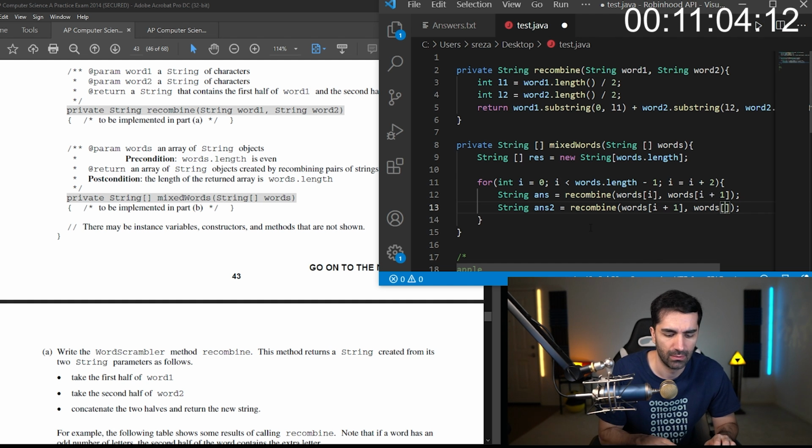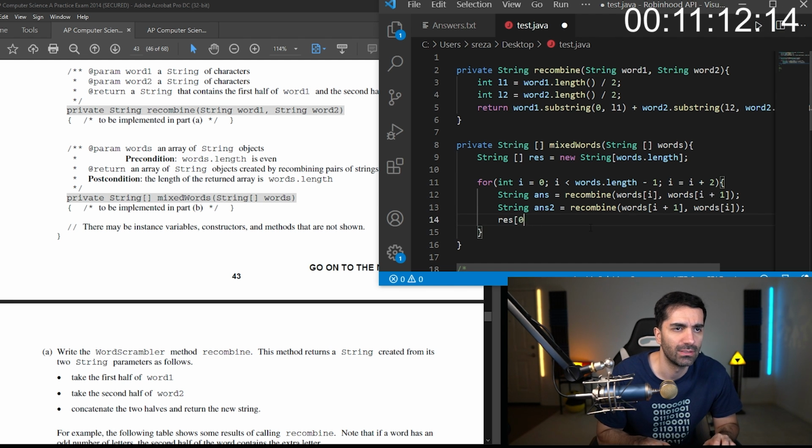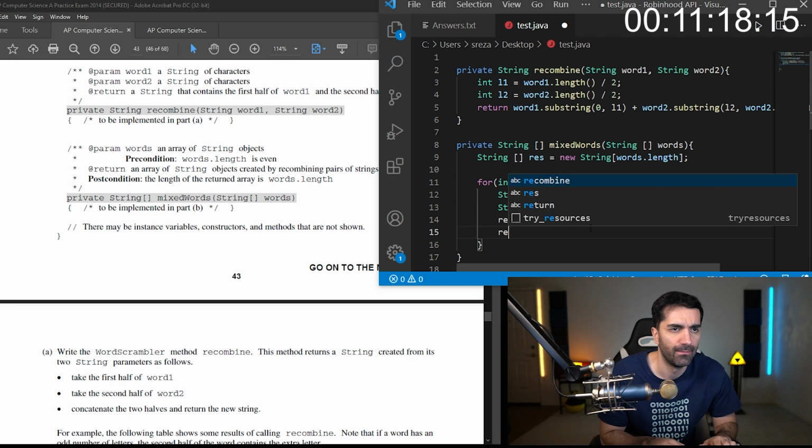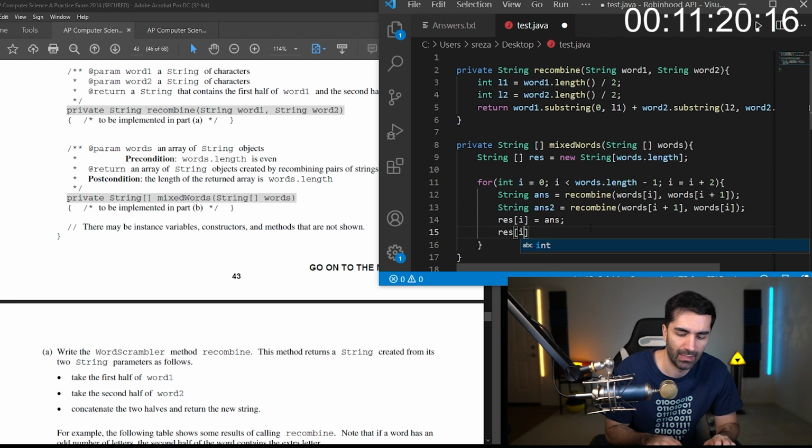Okay, and then all we need to do now is say res[0], not 0, we'll do res[i] equals ants, res[i + 1] equals ants2.